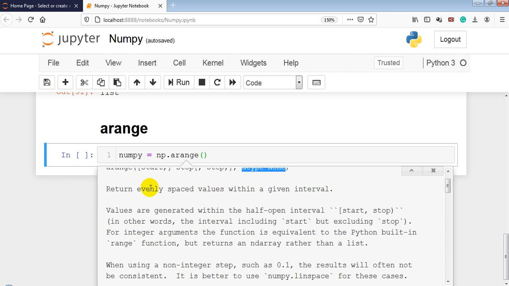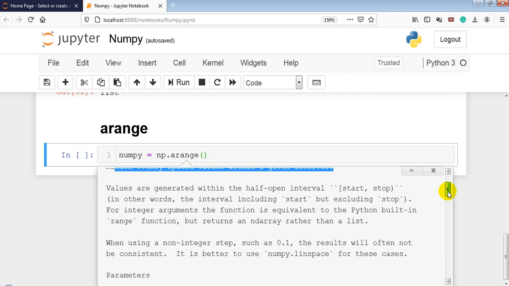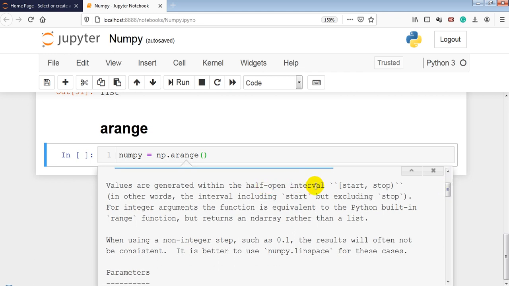As I said, it returns evenly spaced values within a given interval. Values are generated within the half-open interval, meaning the interval includes start but excludes stop.